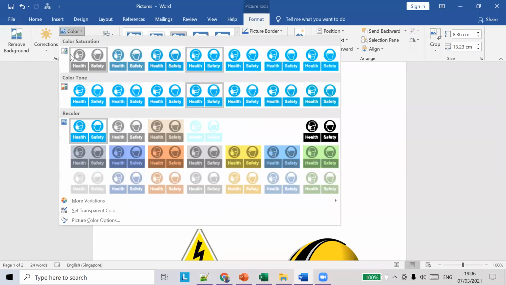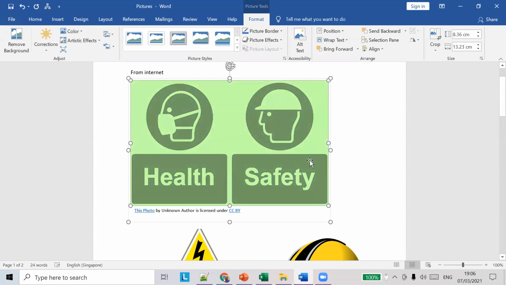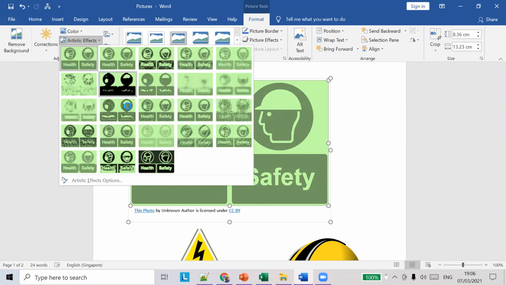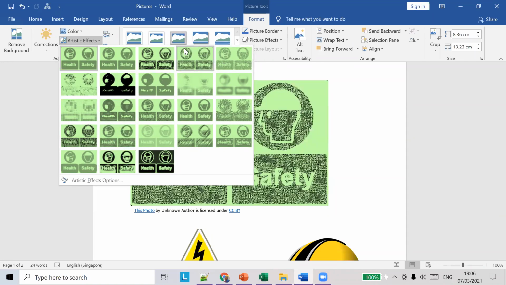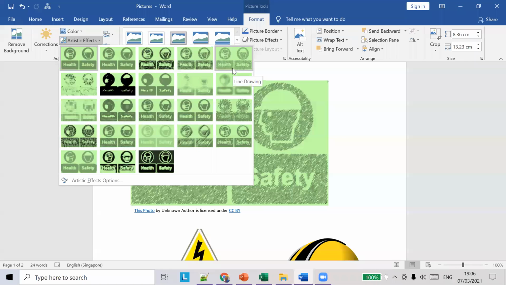Then we have color. You can change the color of the picture also. Select green, and you change the picture color to green. And apart from that, artistic effects. These are some effects that are available, so you can change anything you want.